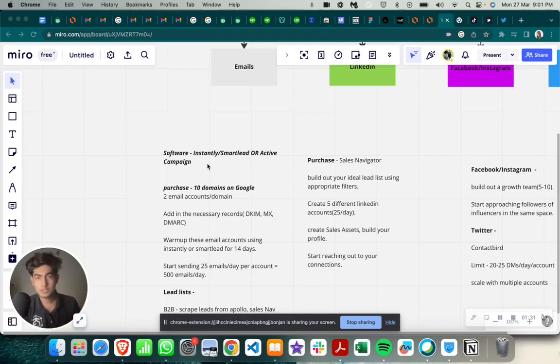So once you've figured out the software, now coming to the number of domains to have, it's usually recommended to have around 10 domains, 2 email accounts per domain, at least at the validation stage, to figure out whether email is the right platform. Once you start seeing results on email, you can always ramp these numbers up. So at least at the testing phase, what we do is we purchase 10 domains on Google, 2 email accounts per domain, and add in the necessary records. It can be DKIM, MX records, DMARC records, etc., to keep yourself away from spam